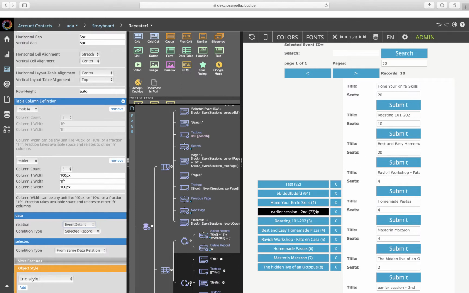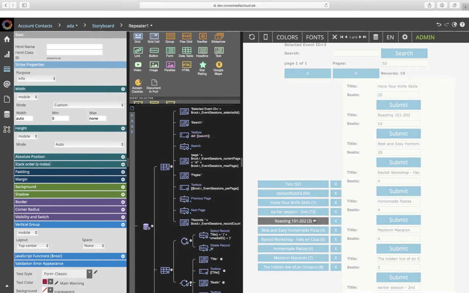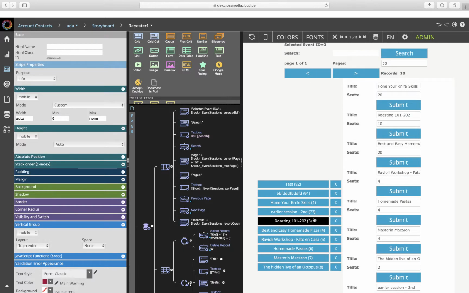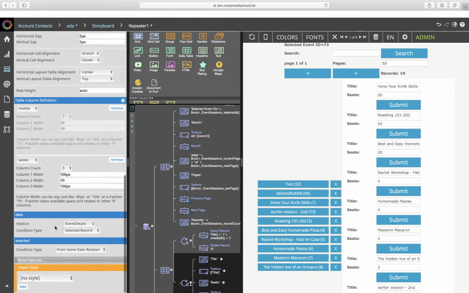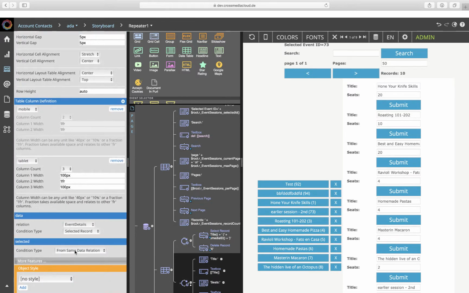And as I mentioned to you, the records per page are ignored by the advanced data apps. So it does actually what we don't want to have. It loads all of them, the 50 which are per default, if we don't change them. And this is not acting at all because these are now two independent repeaters. This one is actually the event sessions and this one is the event details, and they're both loading all the events. So what we need to do is set the condition type from same data relation,